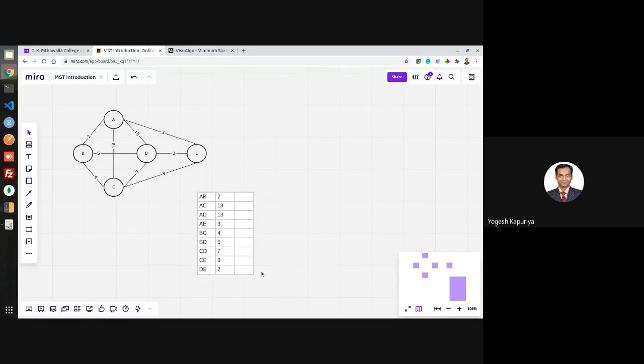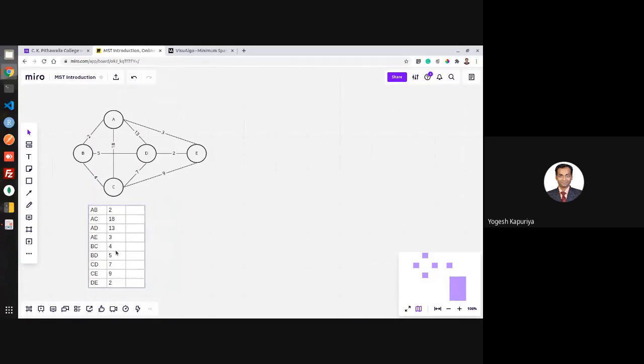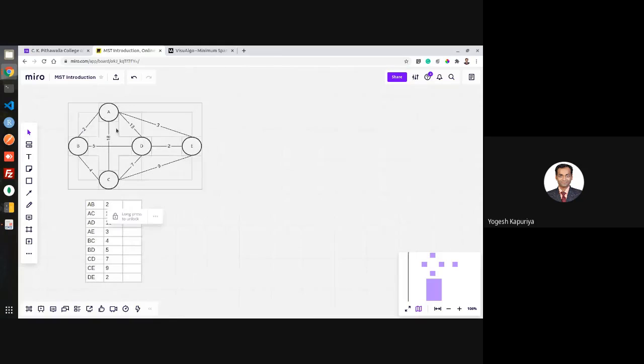So this is my table right now. Prim's algorithm is quite a different approach. It is basically based on the shortest distance algorithm, which was discussed by Dijkstra.